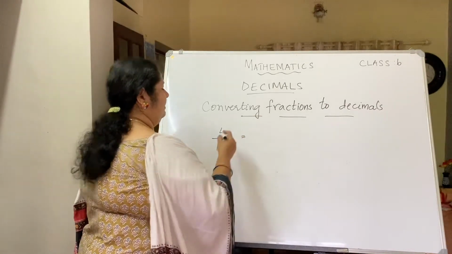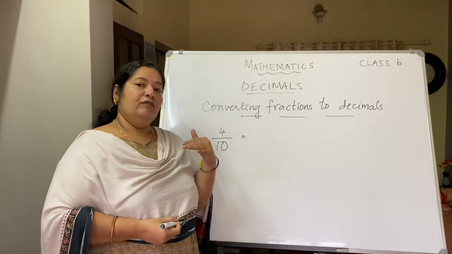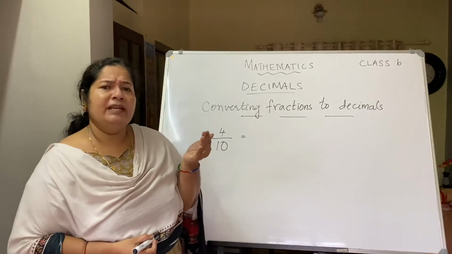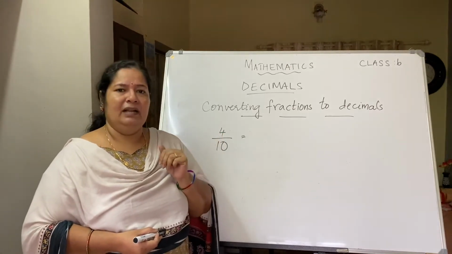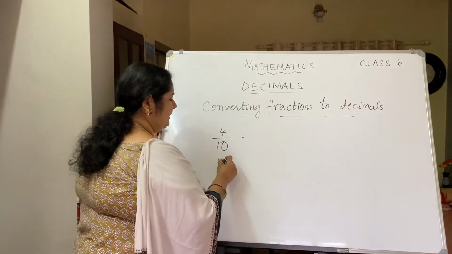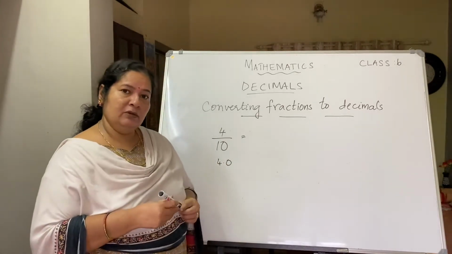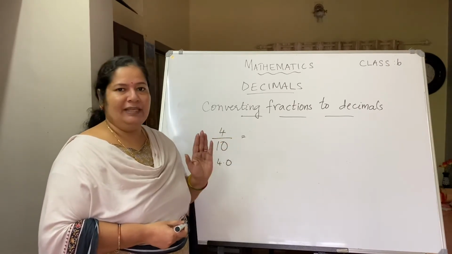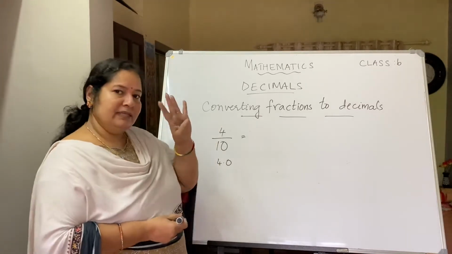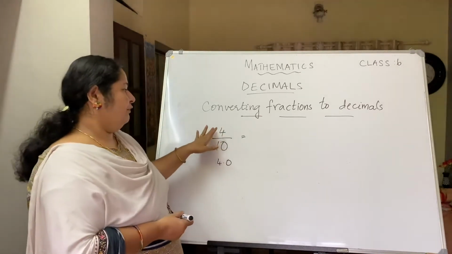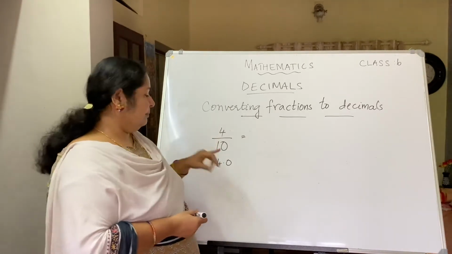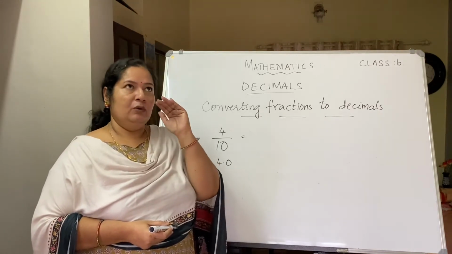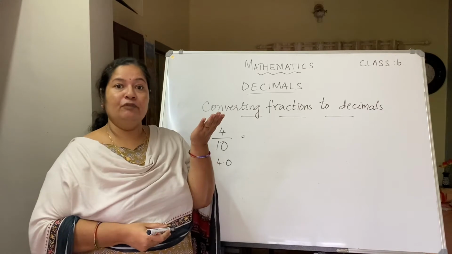Now, when you say 4, that gives you the idea of a whole number. But it can also be written as a decimal. How? 4.0. Is there anything wrong in writing 4.0? 4.0 means there is no digit in the tenths place, which is automatically the same as 4. So this 4 in the numerator corresponds to 4.0. Keep that in your mind. When you say the whole number 4, that can be written as a decimal as 4.0.